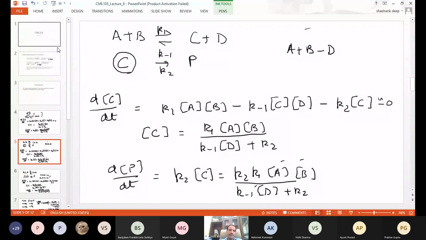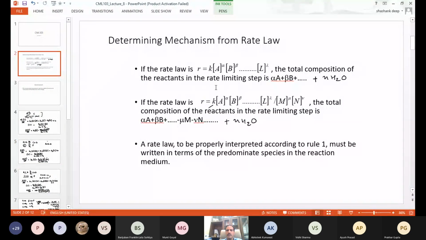Okay, so same thing. The only thing is that if the rate law is this, the rate composition of a single step will be this, which I am going to discuss first. Except there is one exception: when water is involved in the rate determining step, then the composition can be this plus n water. This is because when you take water, it doesn't come into the rate composition,